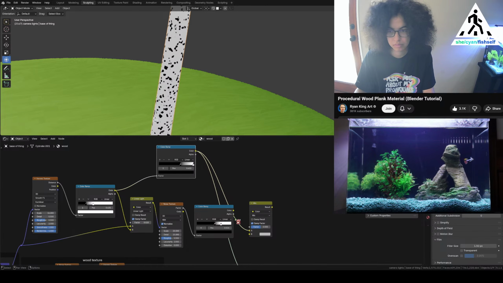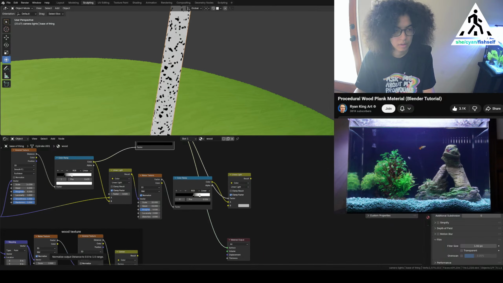The color is going to go into color A. And then right here on the mix type, let's change this again to the linear light, and let me just Control Shift and select it so we can preview it. Because this color ramp is going into the factor, this is determining what parts